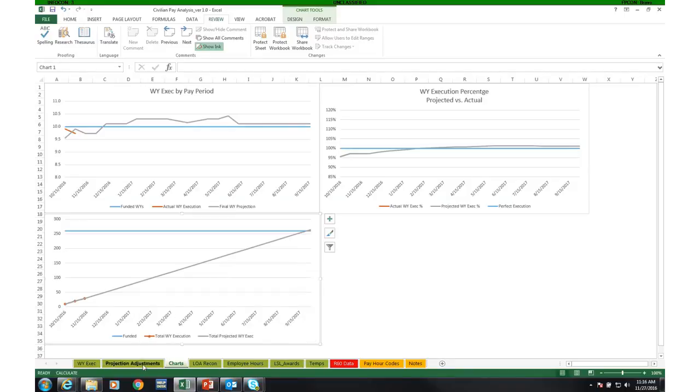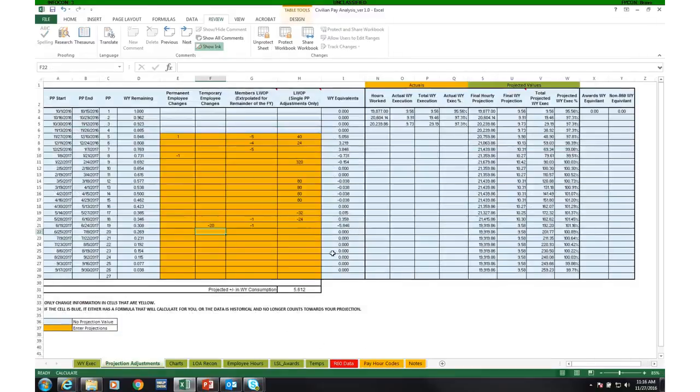We're going to come in here and ensure that we're adding to the best of our knowledge as things change. It's going to extrapolate that into the future. Now if you're worried at all, as I mentioned, about these rounding errors, because you may say that's a half a work year or something like that, remember that as the actuals flow in, these projections are based on these numbers. When that next pay period data come in, it's going to replace these. The projection is going to become the actual